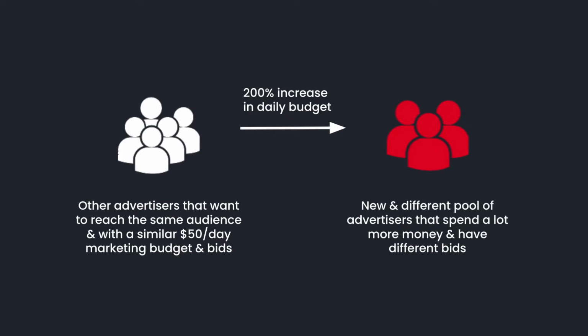Therefore, Facebook has to change the audience pool that we're bidding for, and it needs to change the bidding auction from being surrounded by advertisers spending around $50 per day to advertisers that are spending $150 a day. Again, a lot more than Facebook's AI was previously used to. Exactly in this moment when Facebook had to change their audience pool and bidding pool from the $50 per day set to the $150 per day, that is when the second reason for why scaling often fails actually happened. And that is the setback and learning phase. So what is the learning phase?